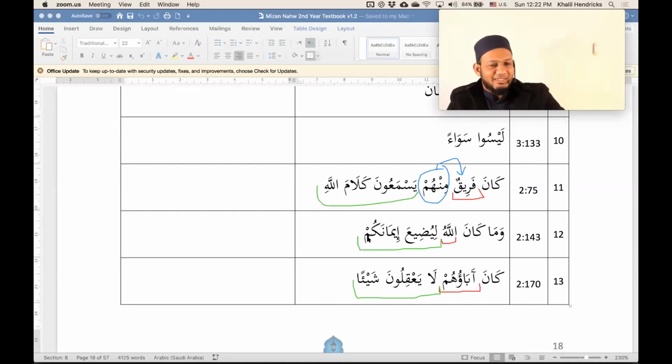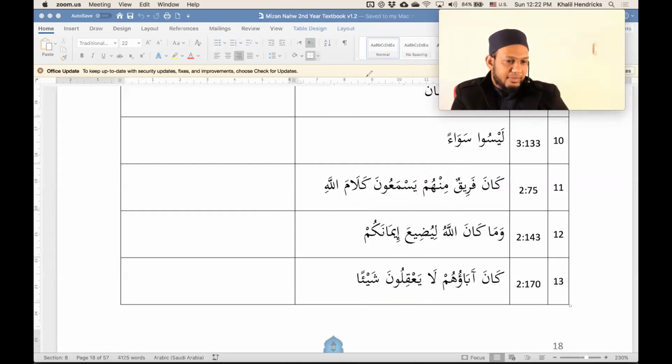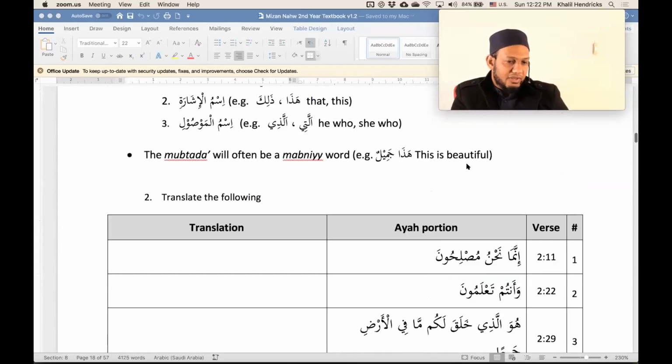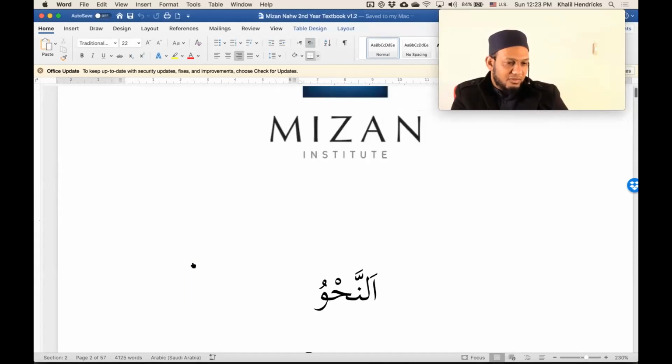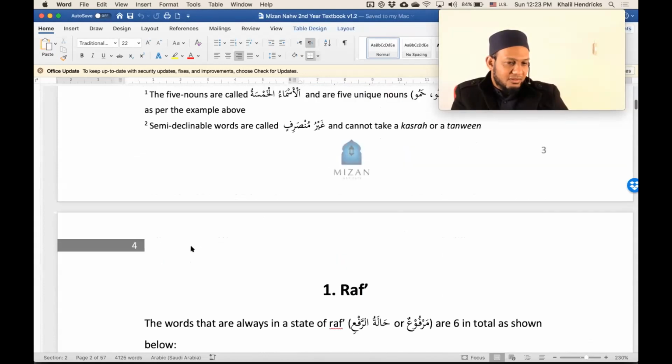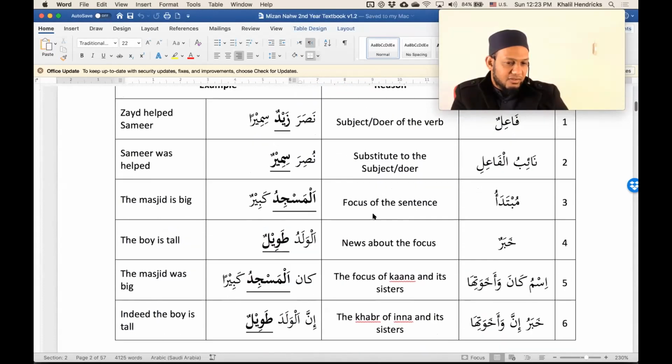Okay, mashallah. So that's basically the end of ism kana and khabru kana. And next week, inshallah, we'll start with inna. And next week is the end of the raf'un section. We've basically finished fa'il, naibul fa'il, khabar, mubtada, and ism kana. Yeah, so basically, there are 6 things in raf'un. There's a fa'il, naibul fa'il, mubtada, khabar,